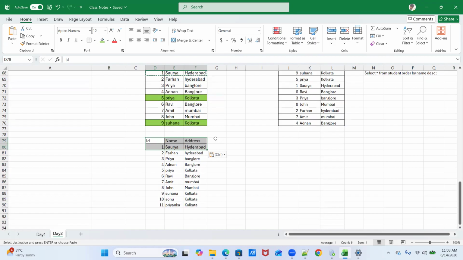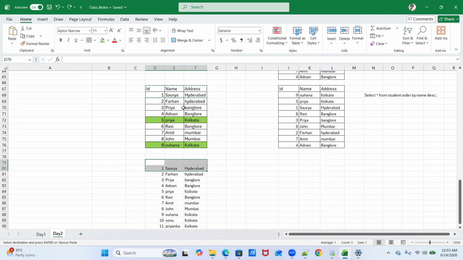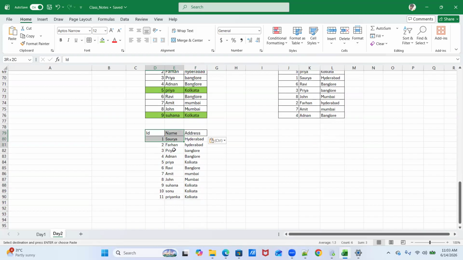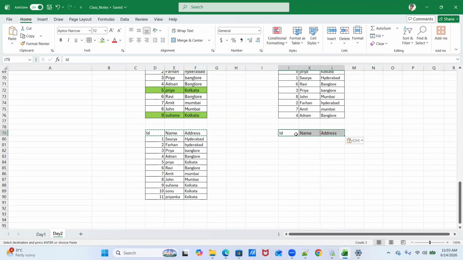Any of you can go ahead and explain this. My requirement is to order this data in descending order based on the name column. Tell me which record will be at the top first.